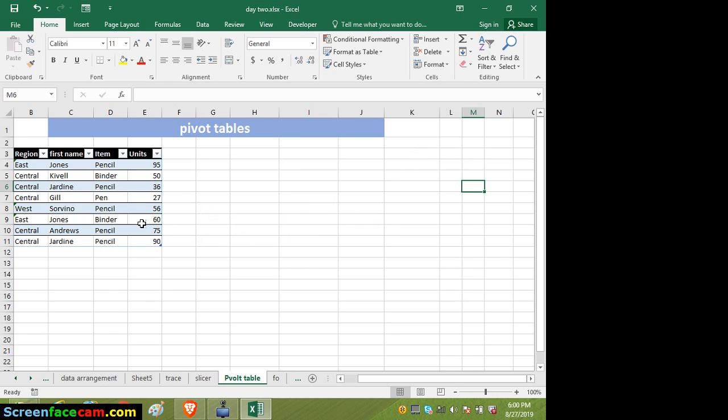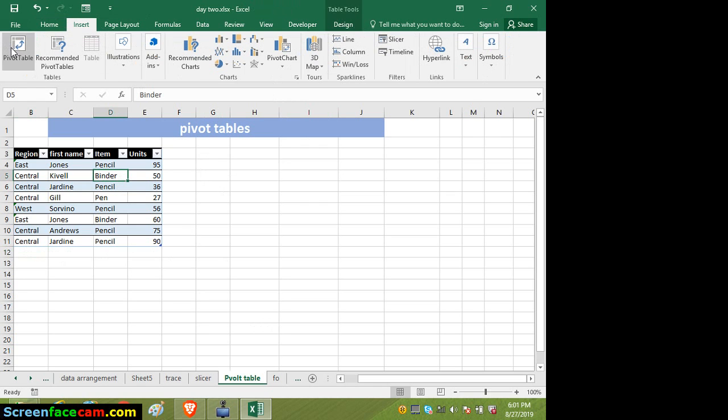Now when you have done that, you've got this table, and for you to perform a pivot table, make sure that your data is a table, because when you are updating your data, tables automatically update. So when I come down here to enter another one, it will automatically update. Now what we're going to do is go to insert, then pivot